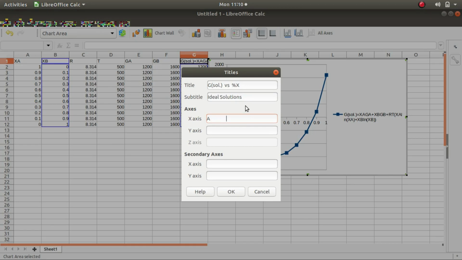Here I am giving spacing because you can observe it later, and giving xb, percentage of xb, and giving some space, and b on the right side, and on the y-axis the quantity I have taken is free energy of solutions. Free energy of solutions.